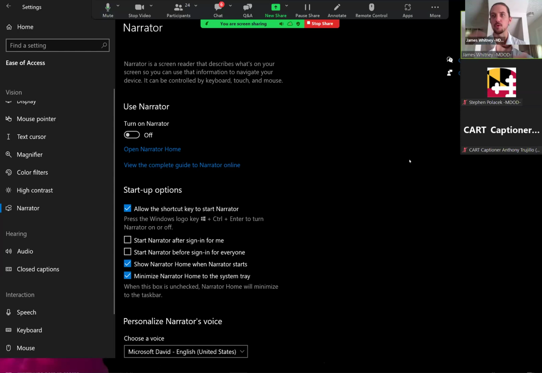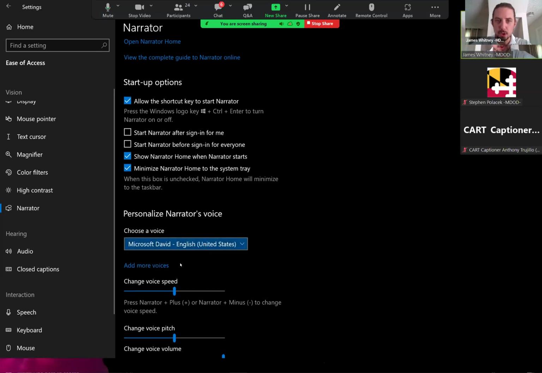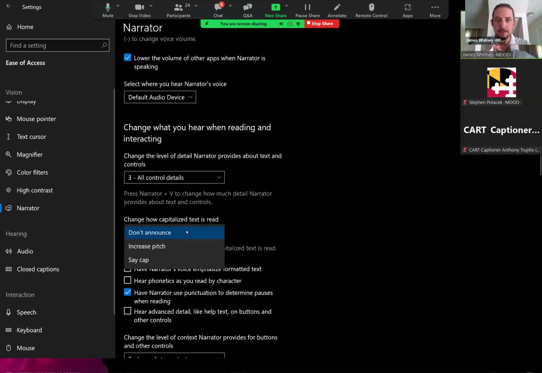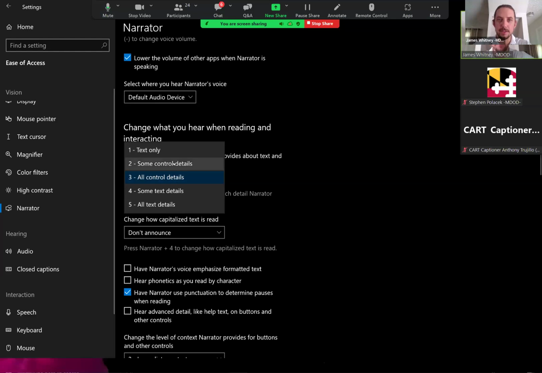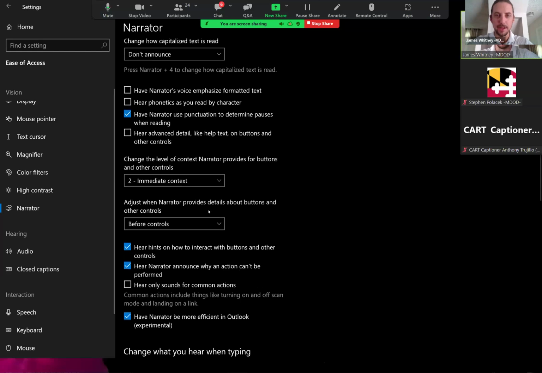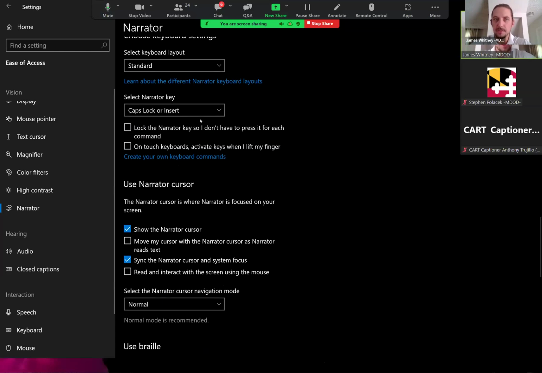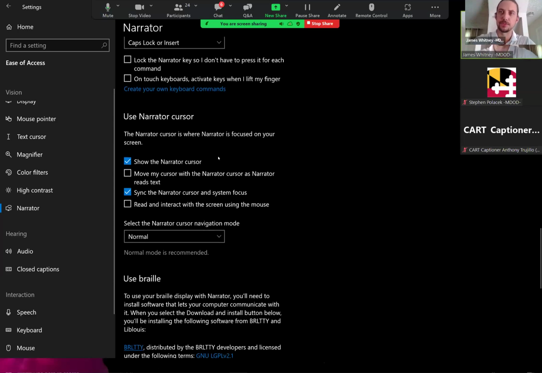So there are some keys to scroll through things, and there are ways to adjust your narrator, so it can have different voices. You can change the voice speed, the voice pitch, the voice volume. I can have it not announce certain things. I can have it text only, or it can talk about control details, so you have levels of how much detail you can have it read off to you. So this does have pretty in-depth settings. I could probably talk for a whole hour on just narrator, and different ways to tweak it. So for today's introduction to accessibility, we're just going to talk about it being a screen reader,